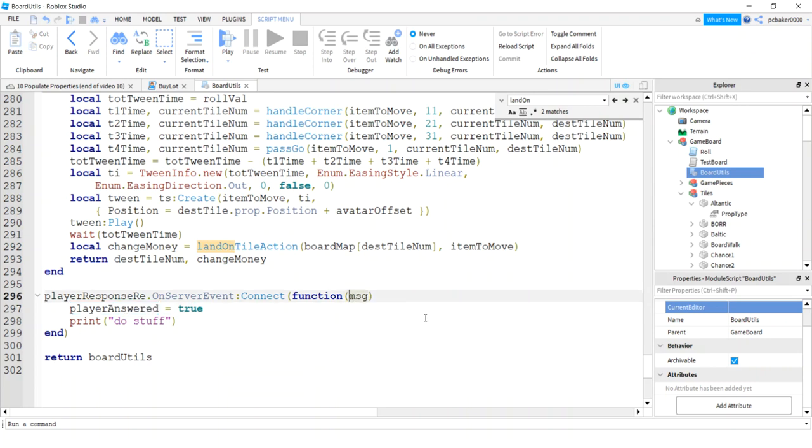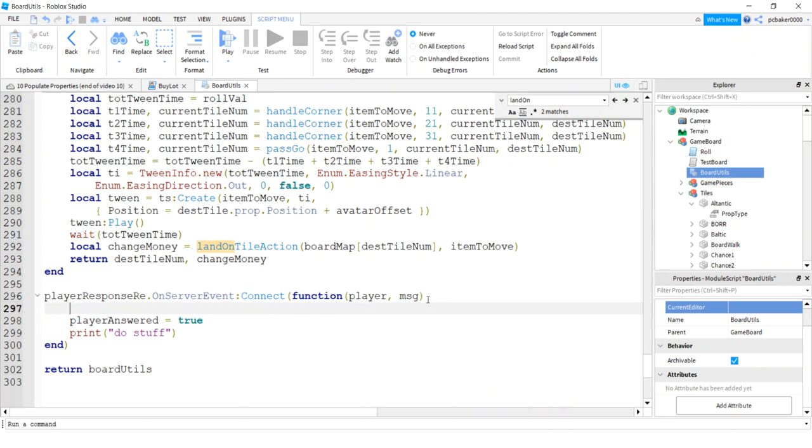The function coming back, I missed this before. You need to put a player in here so you know who sent it. And then the message, well, that'll be buy or pass. Right? So I'll say, if